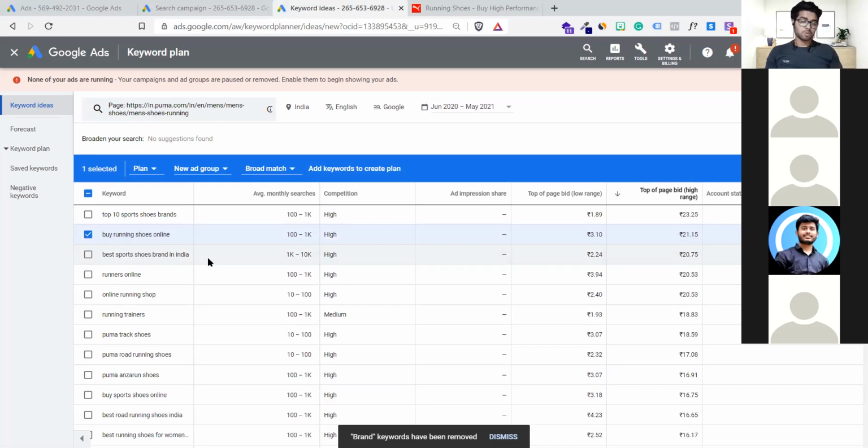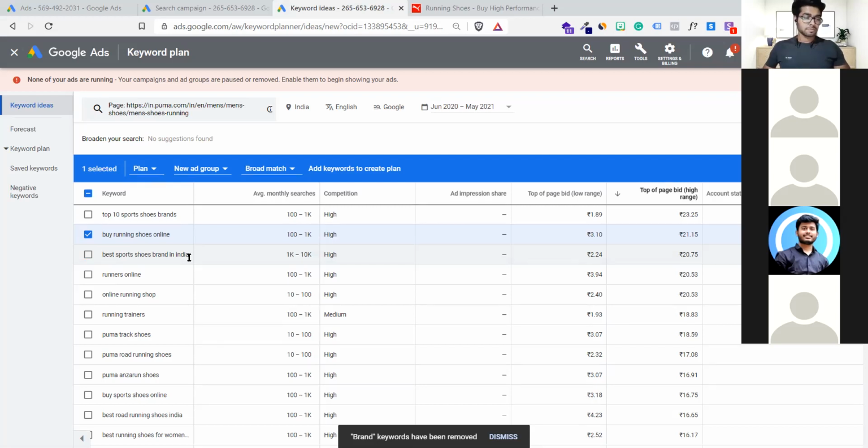Best sports shoes brand? No, I don't think so. If someone is searching that, they will not necessarily be willing to buy. While you do keyword research, you have to understand the mentality of people. If people are searching and comparing what is the best brand in India for shoes, this is not the way they are actually buying. You have to understand: if you are someone looking for shoes, what will you search on Google right now? Tell me. What will you search on Google if you are ready to buy new shoes?